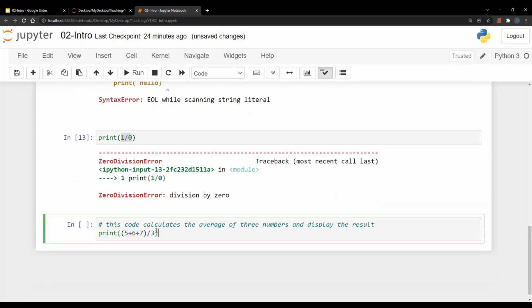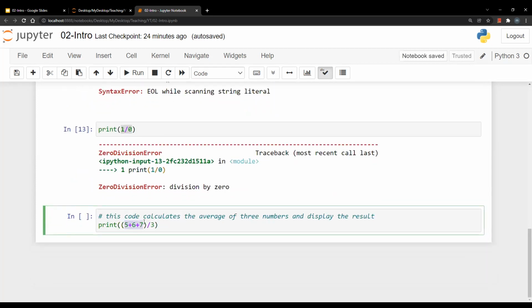So I am computing the average of 3 numbers, and I am explaining this in the comment as well. However, when I come here, instead of plus, I accidentally put minus. So the logic of computing the average of 3 numbers is wrong. I am committing a logical error, okay, by